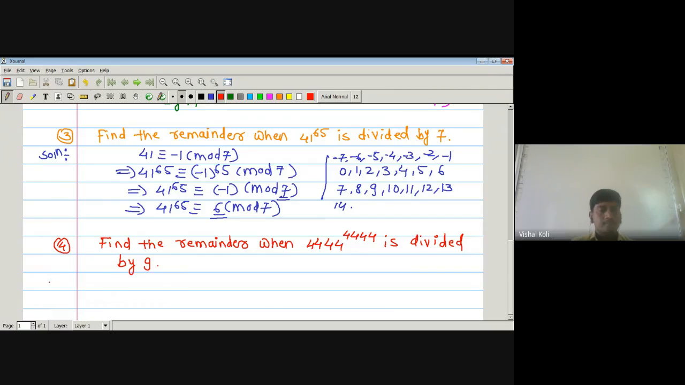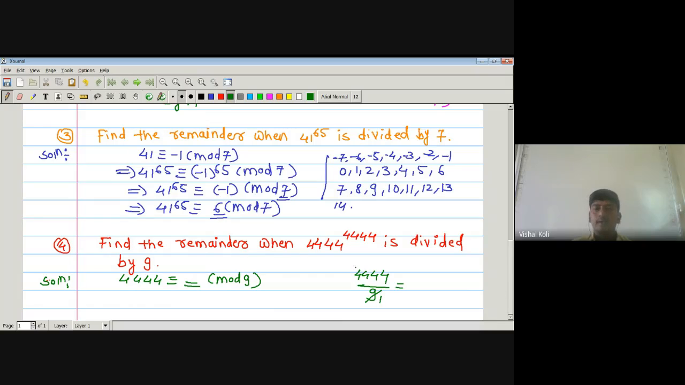Now what should be the remainder when 4444 is divisible by 9? That is, see its solution. What should be the remainder when this term is divisible by 9? That is, 4444 is congruent to which number? What should be the remainder? 4444 divided by 9, then its remainder is